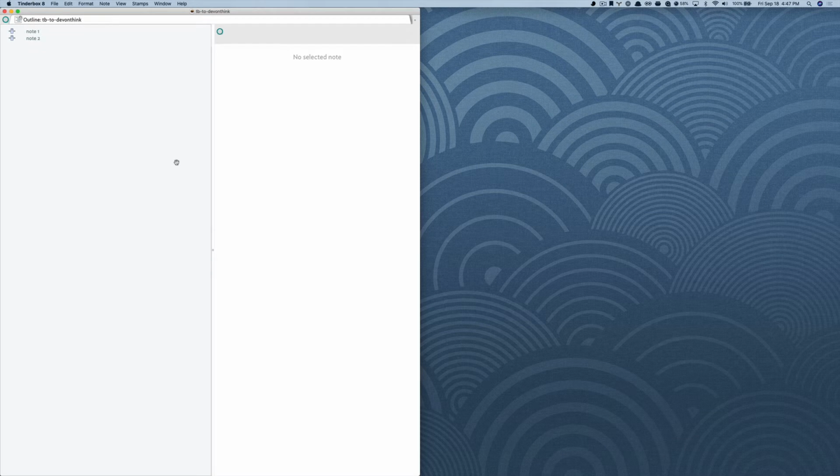Hey there. So I've got this tool that helps you publish notes from Tinderbox into DEVONthink, and you can use it by downloading the file and starting to add your notes to it. But of course, it's really common that we already have notes that maybe we want to get into DEVONthink, and